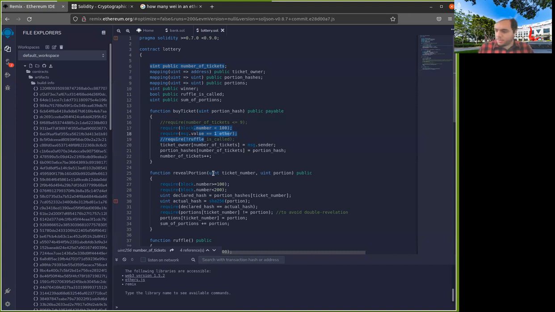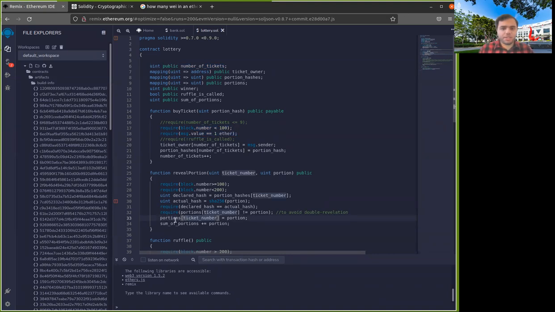Because again, think about what happens if you are a really rich person who owns all the even numbered tickets or half of the tickets. So what you can do is that you can still do the same attack as before, and you can say every time I check here to see if I'm winning.